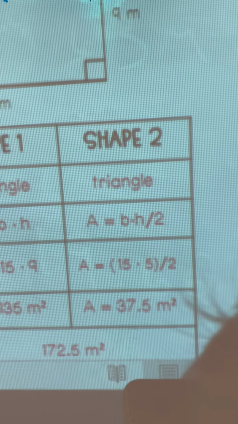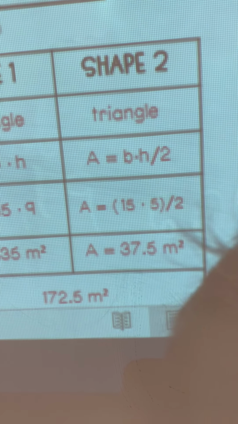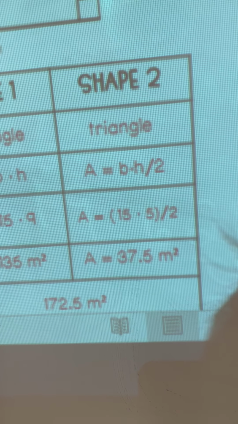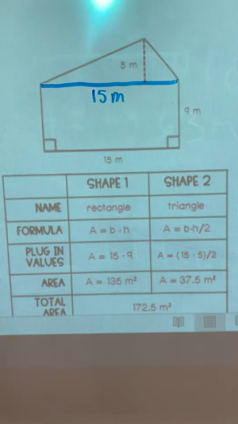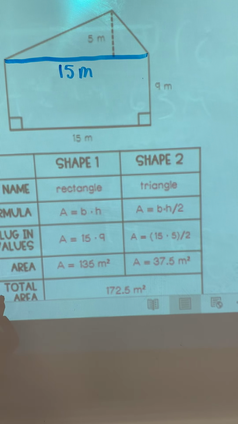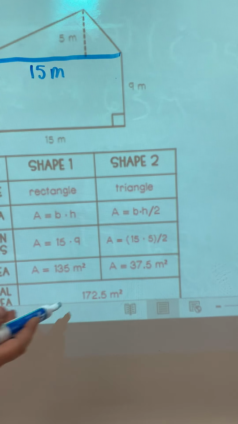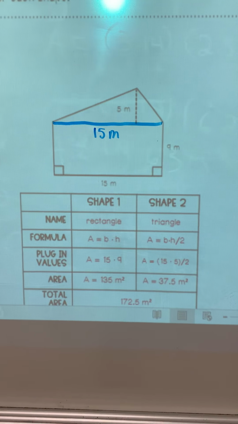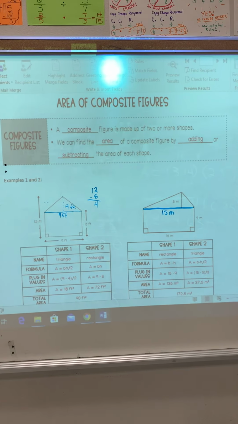So I have 15 times 5, and I'm going to divide that total by 2. And so when you divide the 75 by 2, you end up getting 37.5 meters squared. And then we're not done because we are solving for the area of a composite figure. So it's asking for total area. You need to take these two areas, add them together, and that's where you come up with your answer, 172.5 meters squared. I'm going to scroll our notes up because we've done 2 examples now for